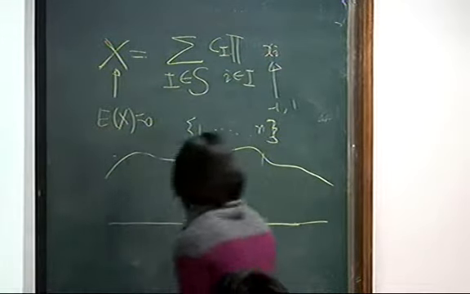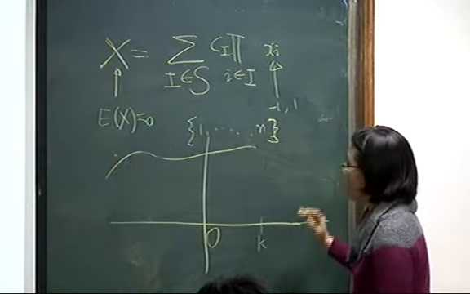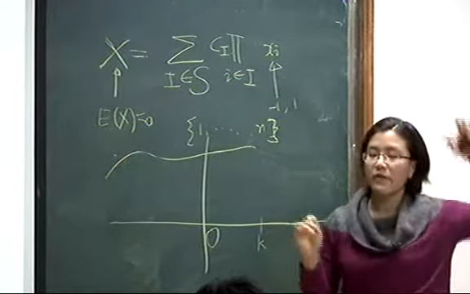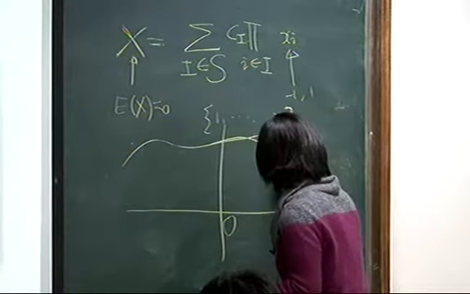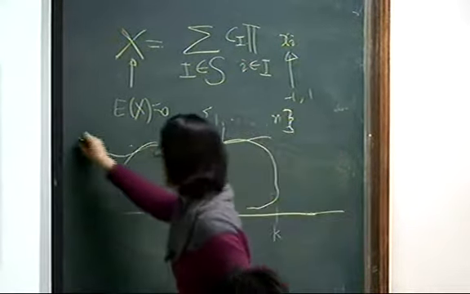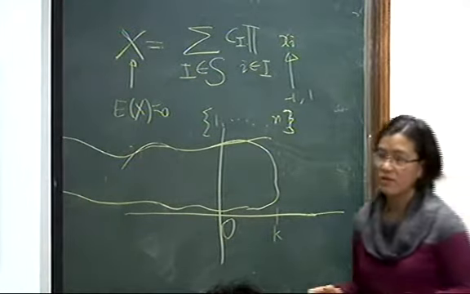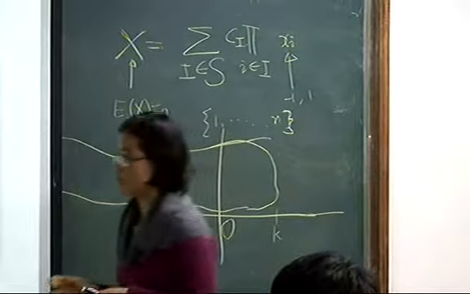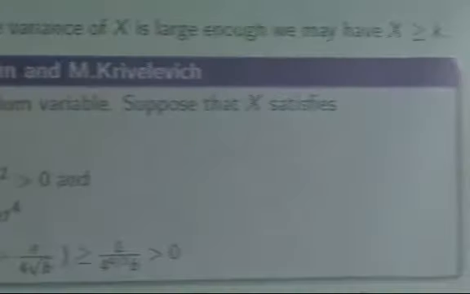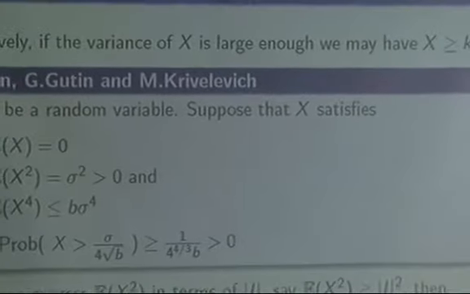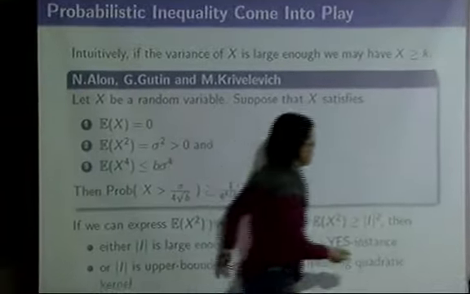Of course, it is possible that the variance is very large, but the variance of the variance is also very large, so it's something like this. If the distribution is something like this, then we cannot achieve our goal. So this lemma tells us what's the necessary condition to say that we can have some